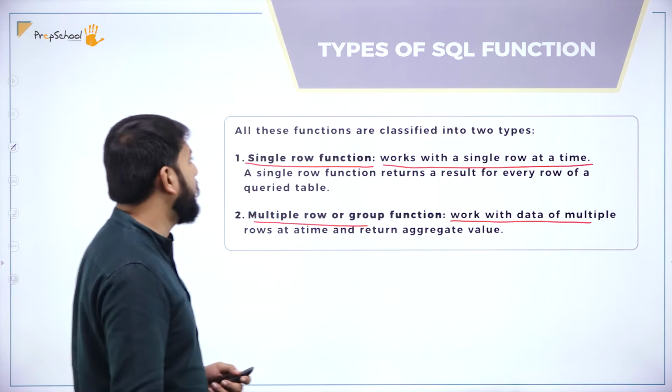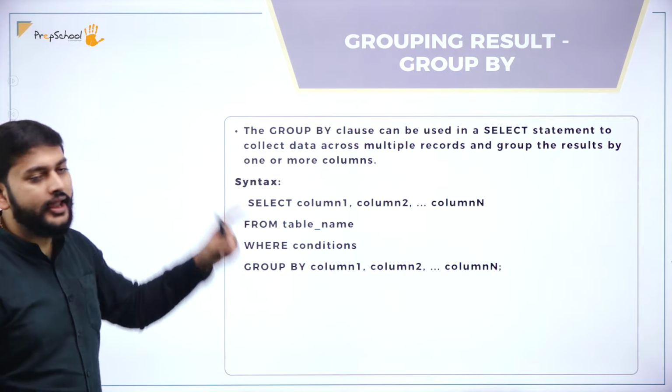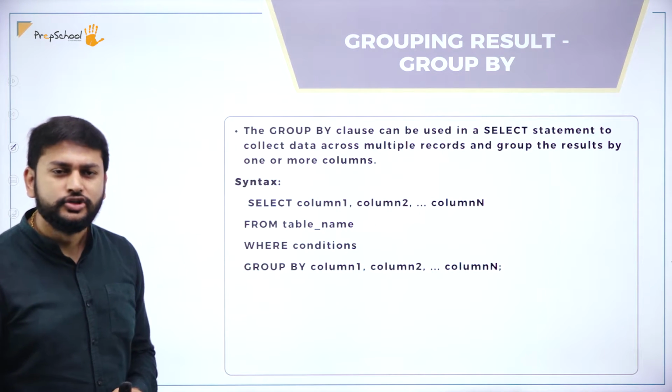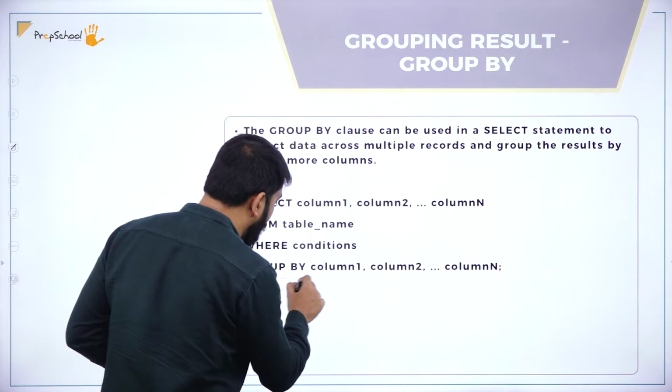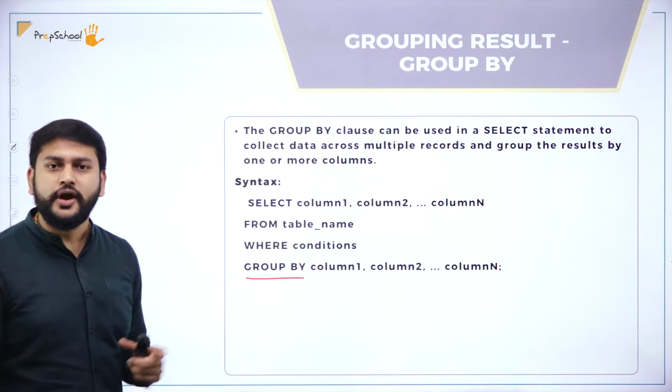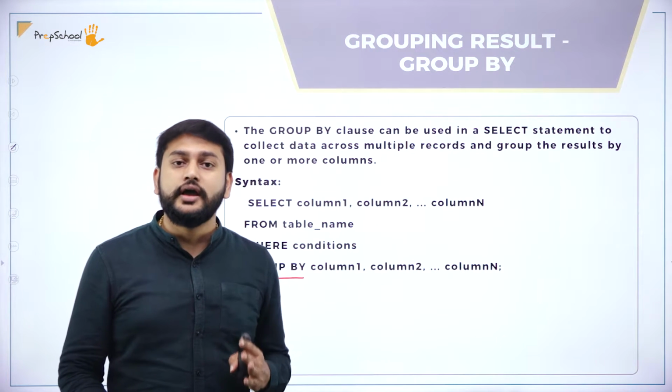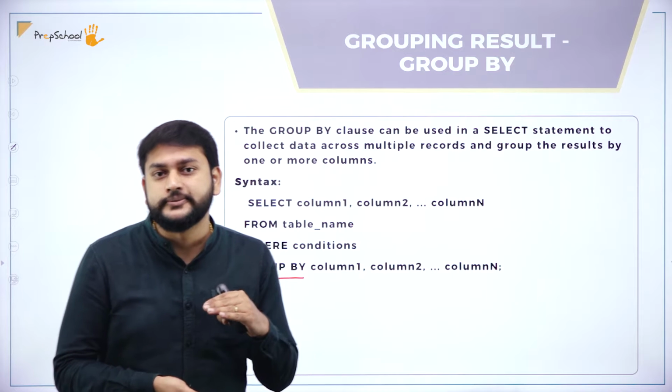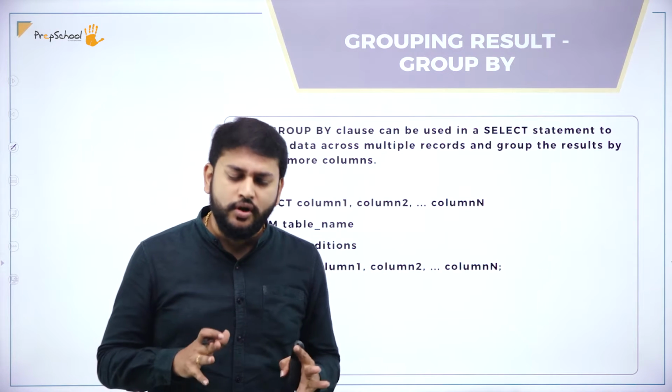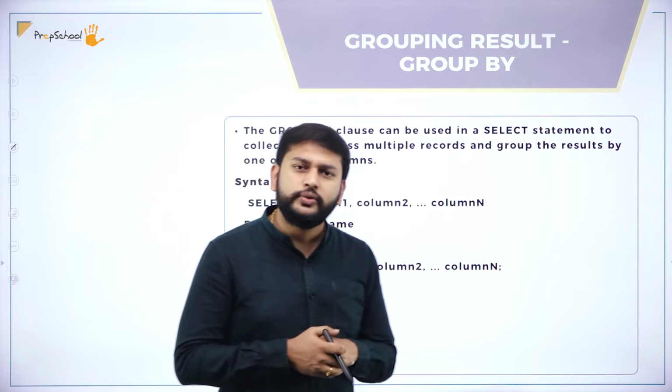So moving on to the next one, very important, that is grouping. What exactly is grouping? Why do we have this group by? We had order by, so why do we have this group by? So guys, we can group the values. What is the meaning of it, sir? How do we group the values?